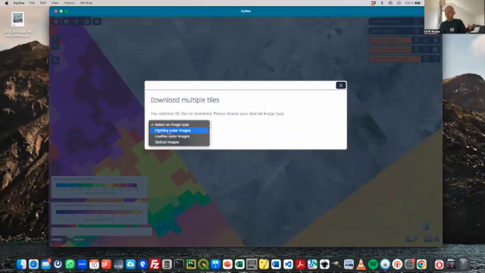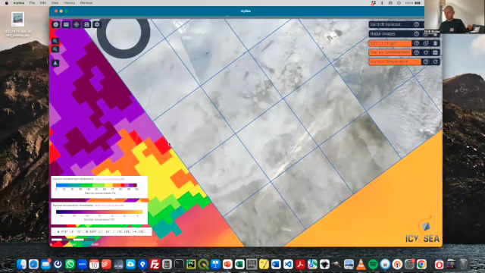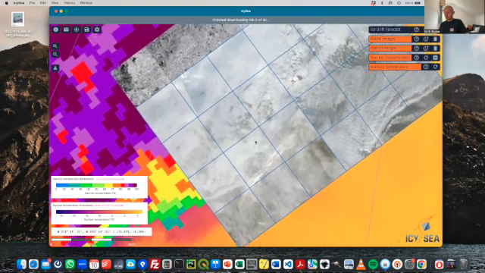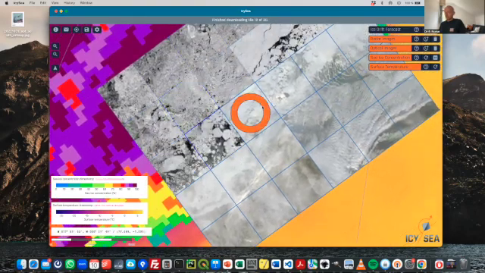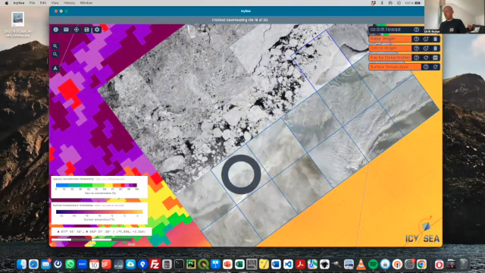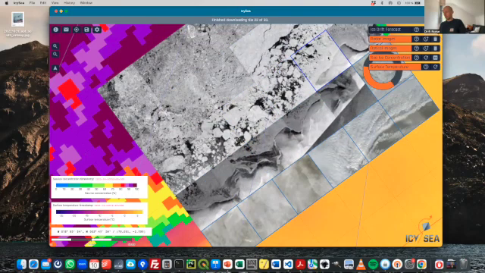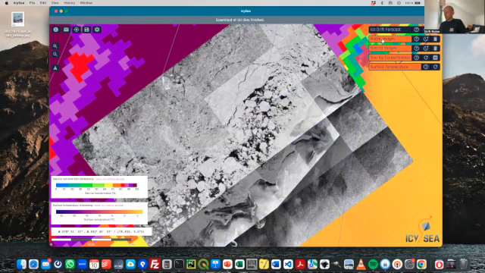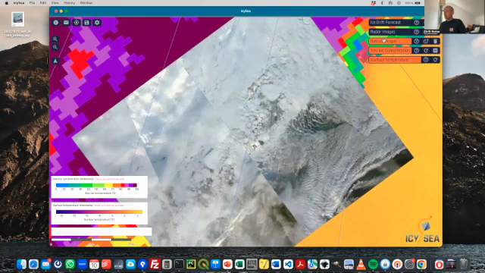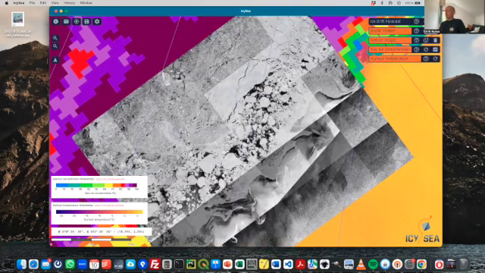So I go for high-res radar image here, click on download, and then we get something that is unobstructed by clouds. You see the individual ice floes, the ice edge there. And now, once this is finished, you can compare, and get as much information as possible.